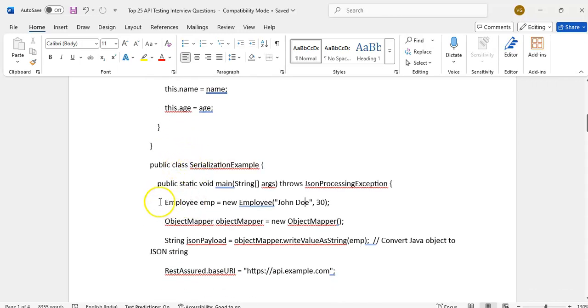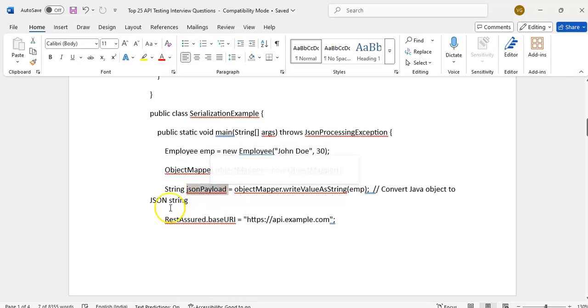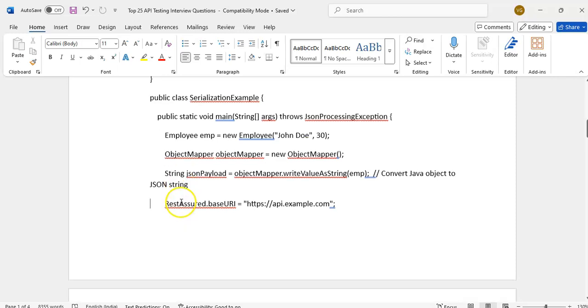You can directly create the POJO class object and convert it into a JSON string. Otherwise, giving the JSON in the code is a little bit difficult. This conversion of a Java object into a JSON string is called serialization.